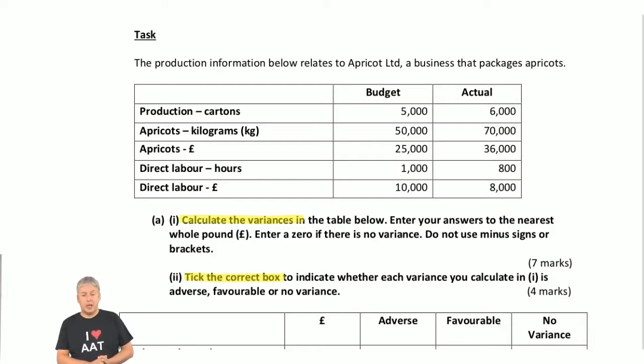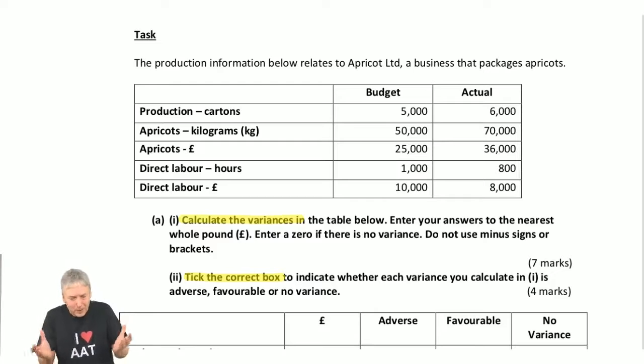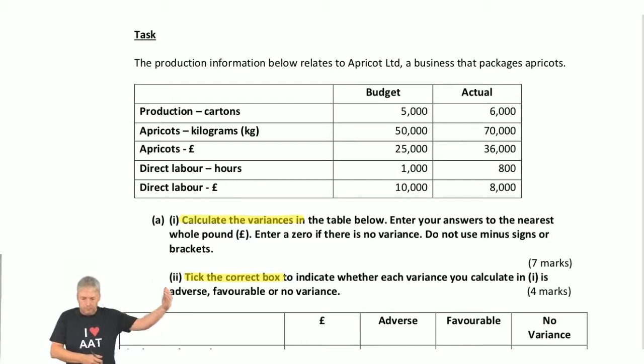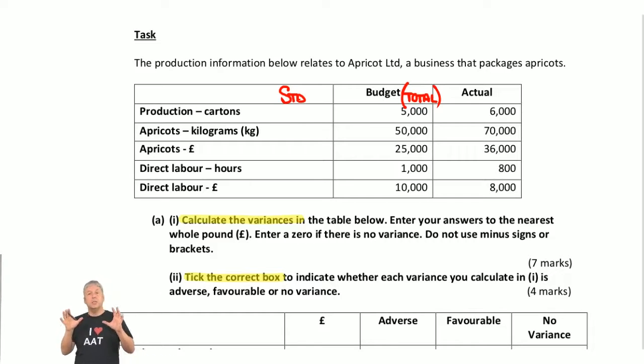Well, I am going to tell you the difference is that the budget is in total. As we see here, we're given the budgeted or expected production, 5,000, the budgeted kilos used, 50,000, and so on, in total terms. And what we want is we want all of this per unit in order to give us the standards. So I'm actually going to do this little working now in order that I've got all of the information that I will need before I need it. So moving on,